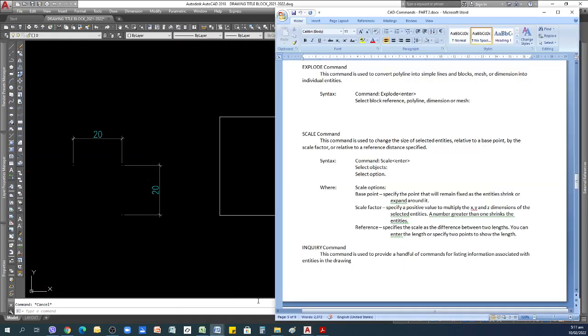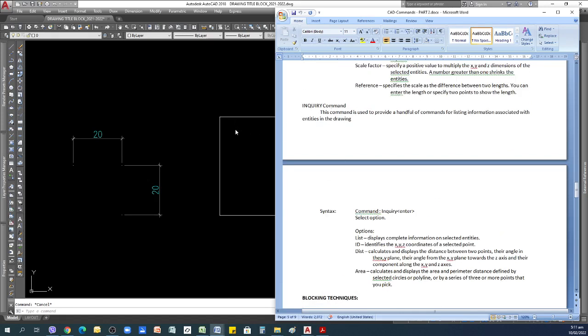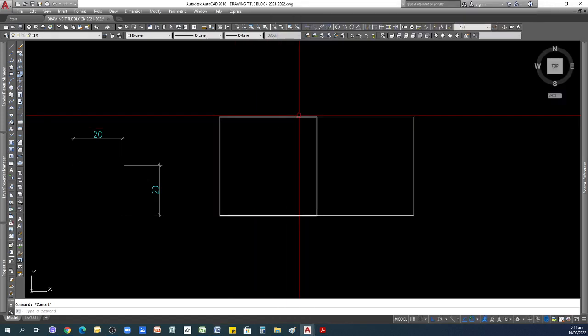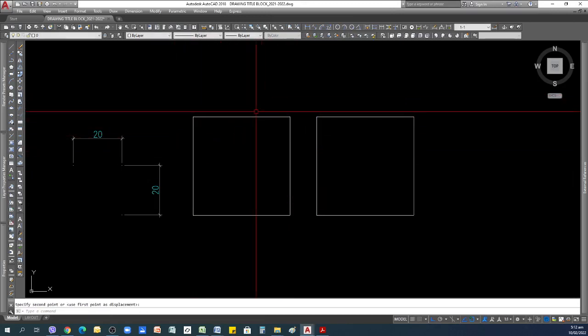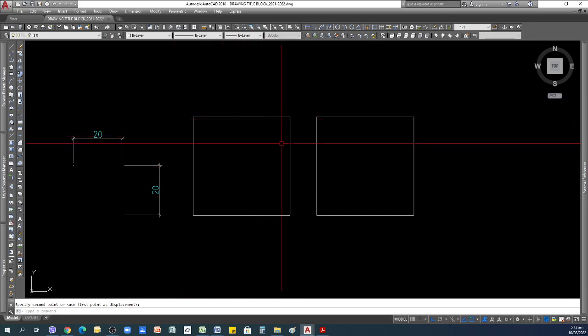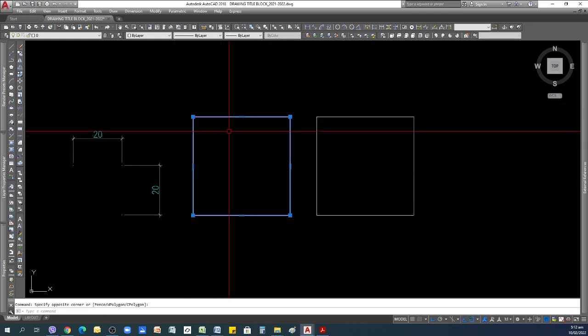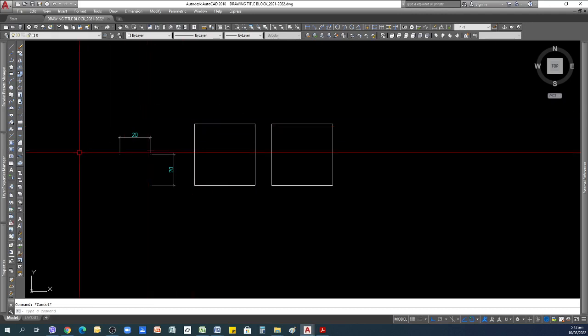So that's scale. And then inquiry. Inquiry means if you want to check if your entities are correct or not. So for example, this one, remember that we created this as 40 by 40. So to check if the detail of this one is correct, you can click this one and then inquiry, inquire, or simply you can use